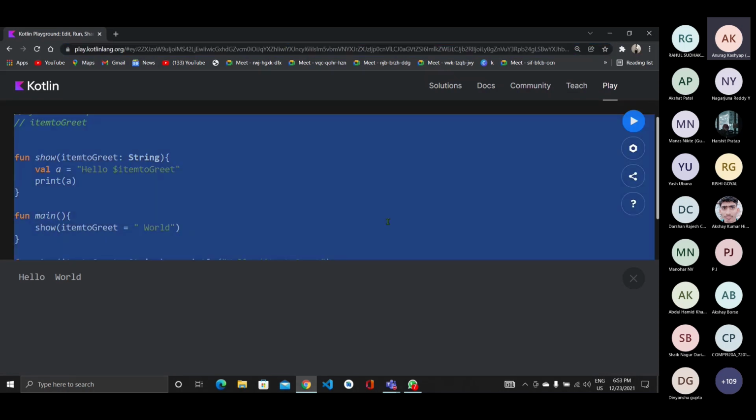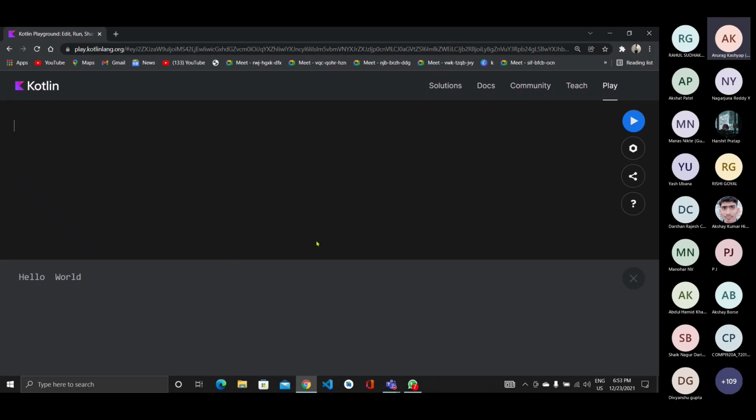So the thing is, we also have lists, we have arrays, we have collections. We have collections in Kotlin. A collection is a collection of things. For example, you have a pouch, and your pouch contains pens. So we can say that a pouch is a collection of pens.